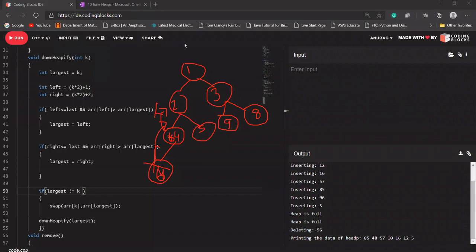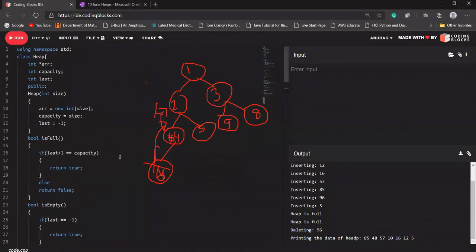In that case we were checking if the parent is less than the child node, then we were swapping. But in this case, if the parent is greater than the child node, then we are swapping. So let's quickly update our function.